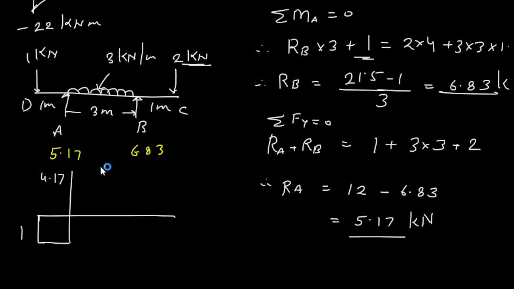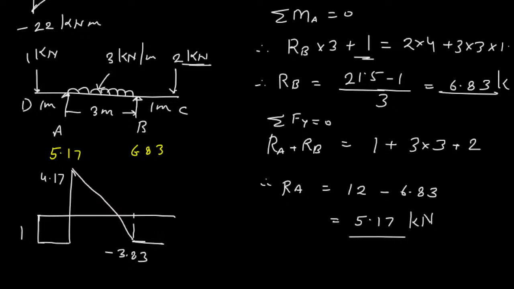Then we will go by 9 units down. So from here if I go 9 units down, 5.17 minus 9, I have minus 3.83, that is minus 3.83, and then beyond this it will be a straight line, and